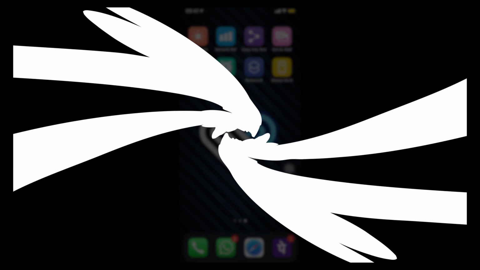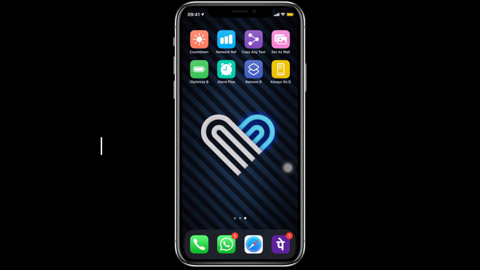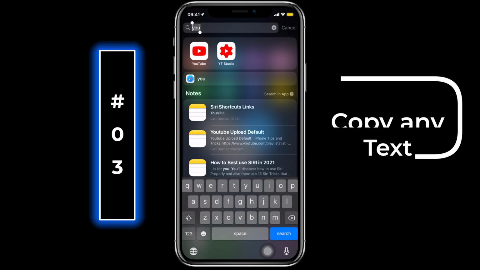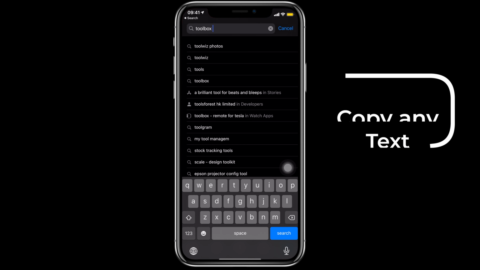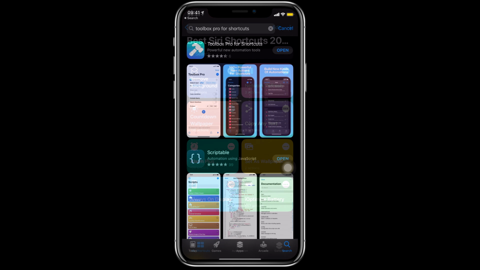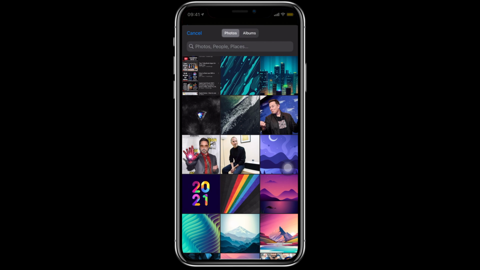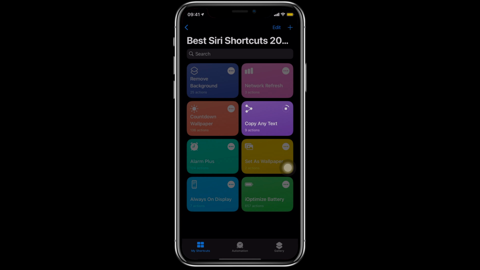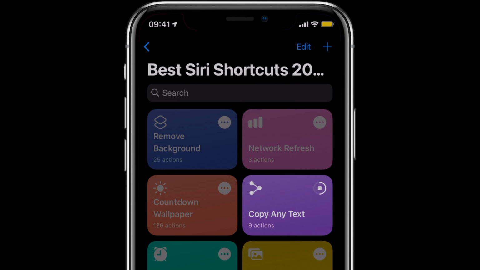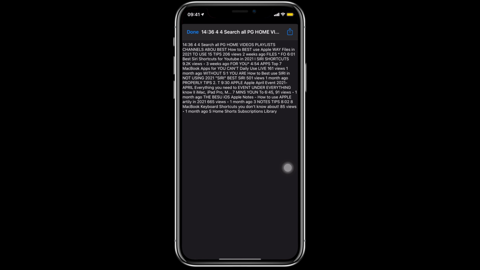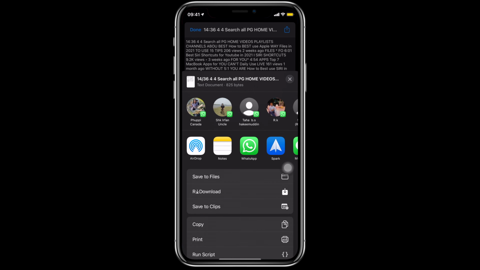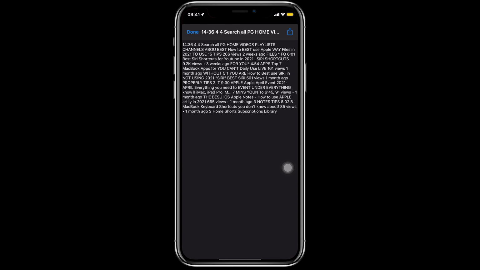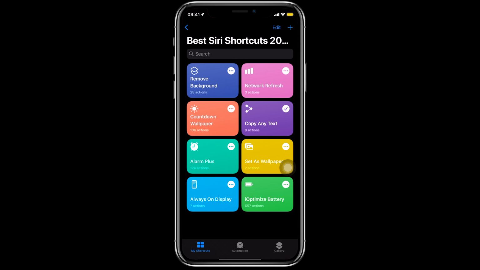Have you ever wanted to copy text from an image? Well, that's 100% possible with this next shortcut, but you'll need to install a free app called Toolbox Pro from the App Store first. Then run the shortcut, choose an image you want the text extracted from, and within a matter of seconds you'll have the text. You can then copy or share it from the share options here. A bonus tip: if you want to extract text from anywhere on your iPhone, just take a screenshot of that